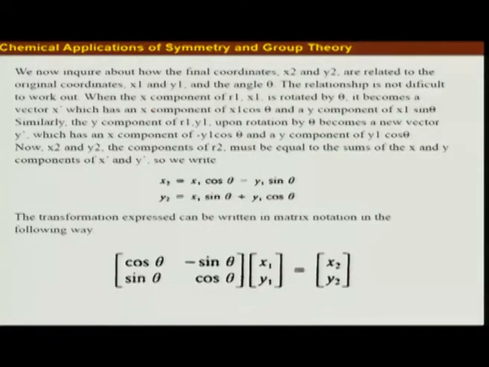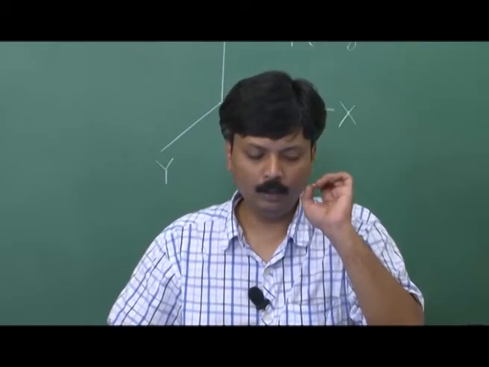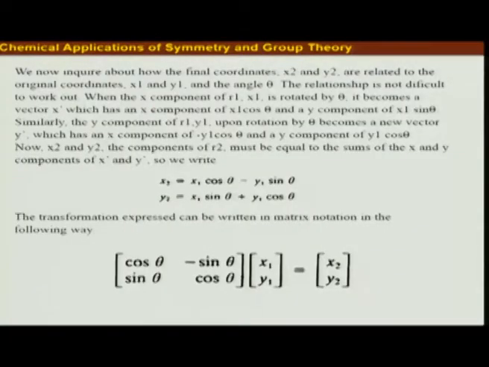Similarly, we can have the y component of r1, say y1. When we rotate it by theta, it becomes a new vector y prime, which has an x component of minus y1 sin theta and a y component of y1 cos theta. Now x2 and y2, the components of r2, which is the new vector,